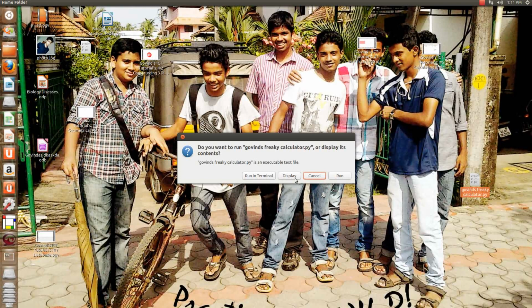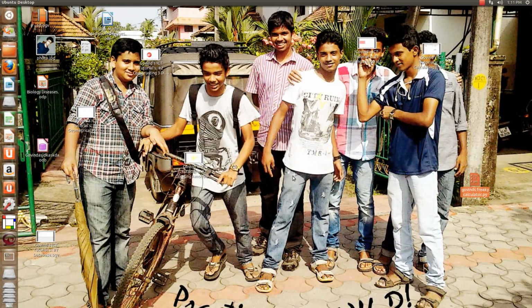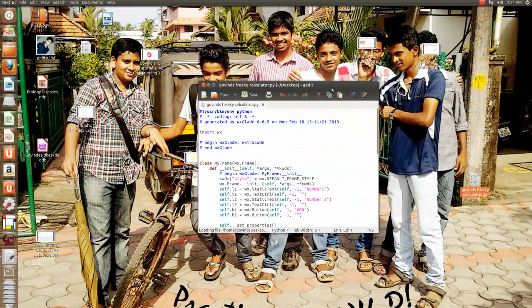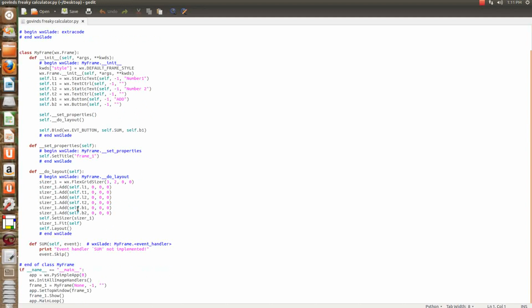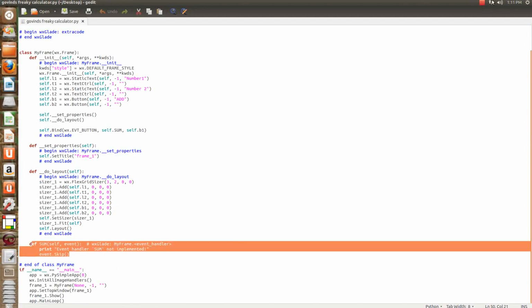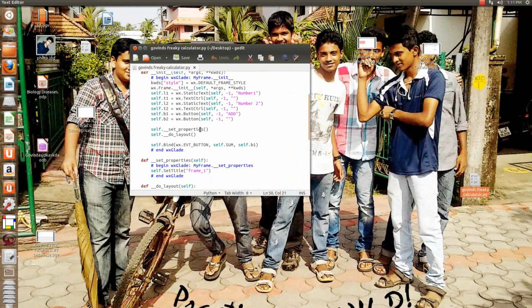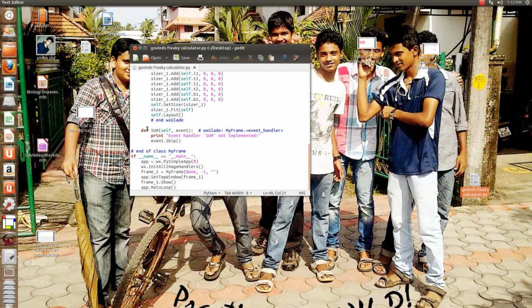Just click on display first and it will open in a text editor. Maximize, then search for the function which says def sum(self, handler). Search for the part that says: event handler sum not implemented.